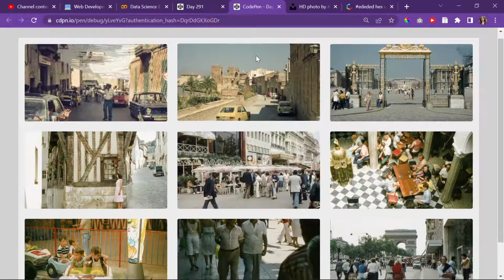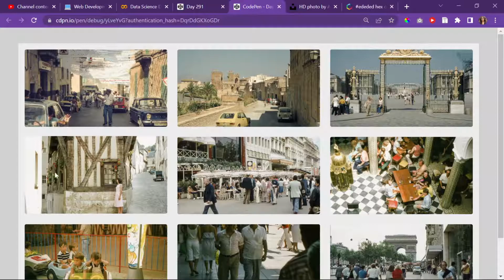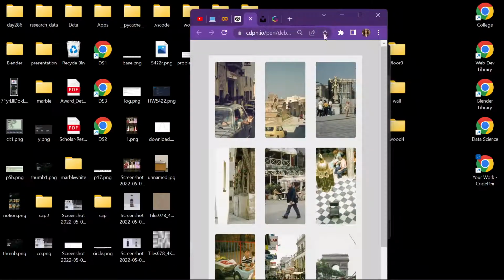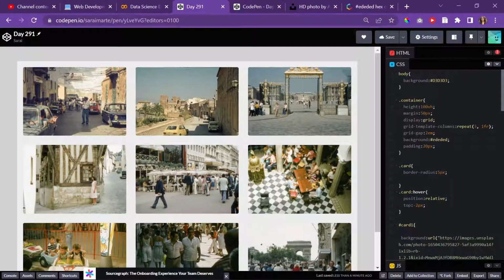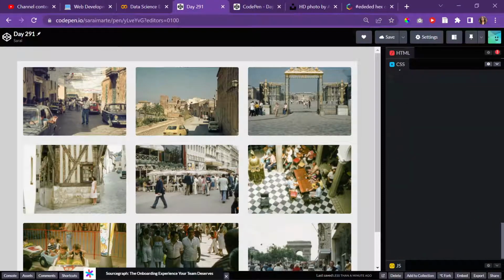Debug mode, look at it this way. It's fine. Only thing is, if I do this, would it be responsive? No, so we have to fix that real quick. I'm gonna go all the way down. Let me add a media query. So media,